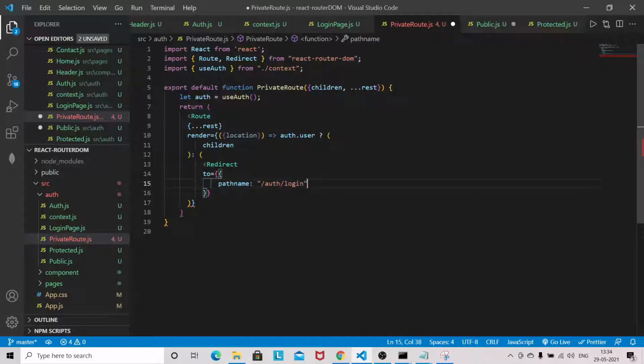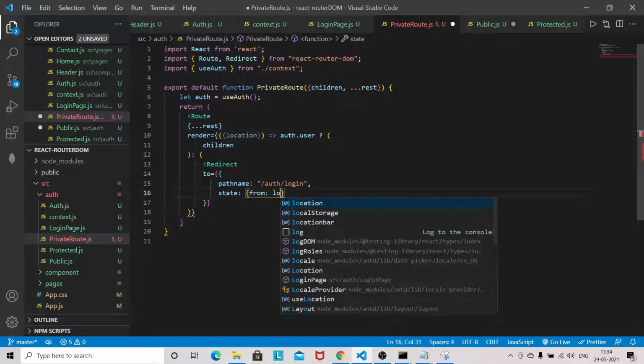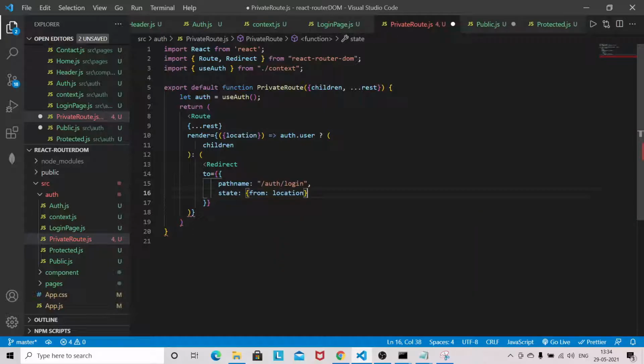Okay, so that is the state I am providing from location. Okay, and now we have to close this one also. So this one is closed, and we need to close this one.